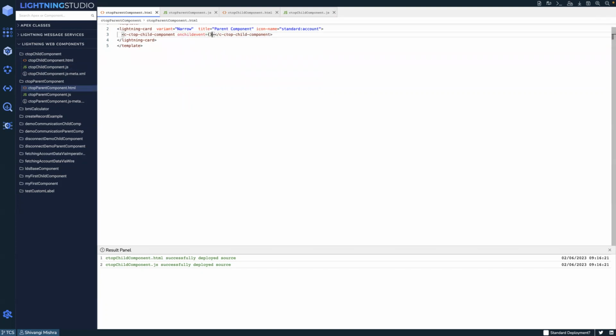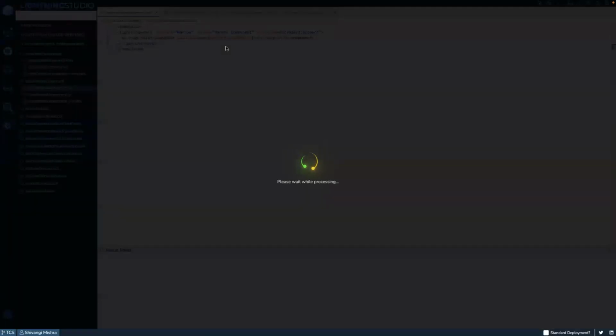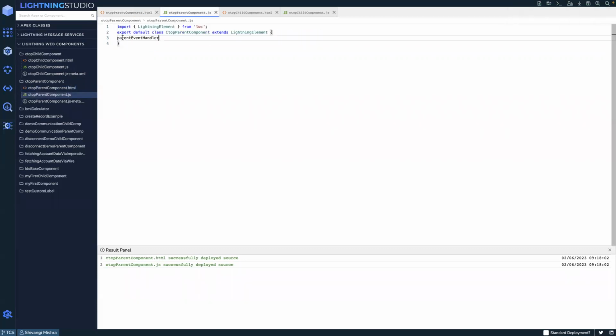By doing this, we are saying that whenever child event occurs on this component, we will call this handler. This is the handler we will put in the parent component. I can name it parent event handler, and this will only be called whenever child event occurs on the child component. Let me save this. Let me copy the name and put some debug here so that we can verify if it is getting called or not. Here I can put a console log,